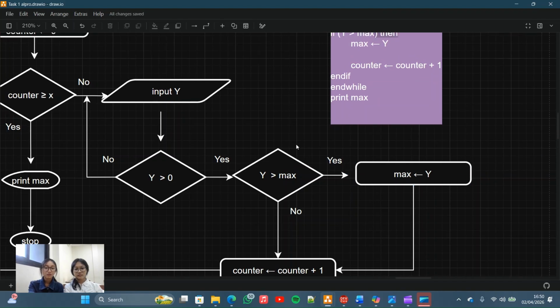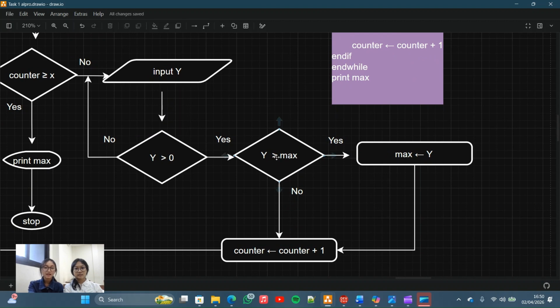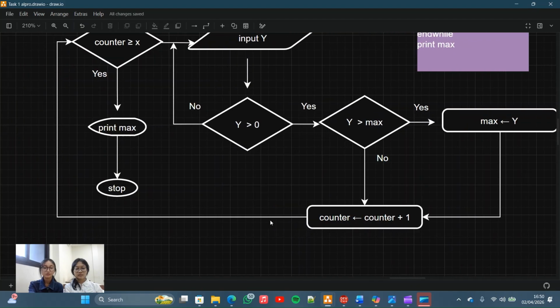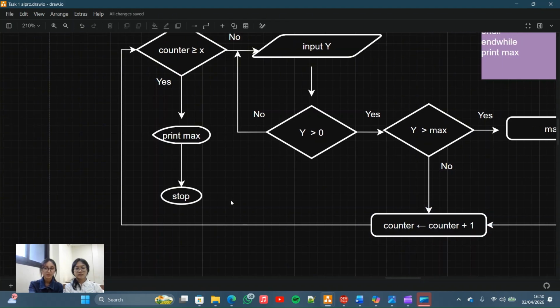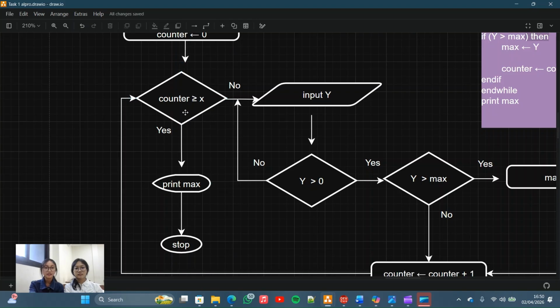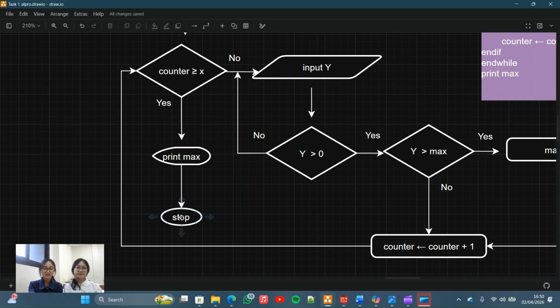But if we already have, let's say, two numbers, we compare the first number and the second number, and the larger one will be stored again to the max. After these two steps, we add 1 to the counter, because the number is a positive number. Then it asks again: if the counter is already equal to x, we print the max and then it stops.